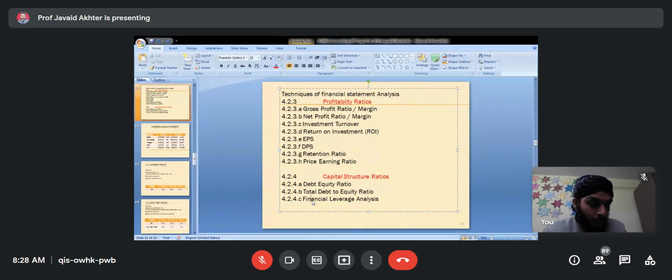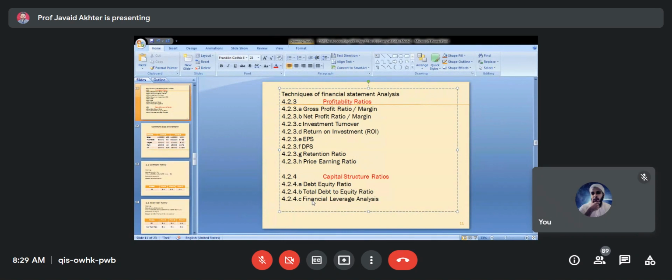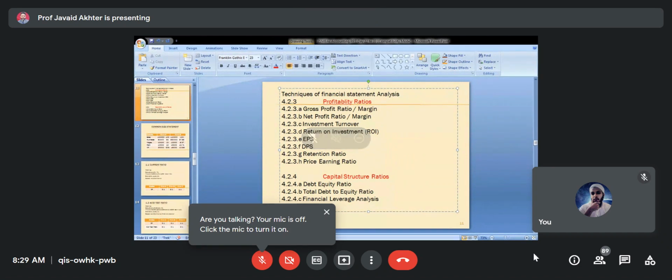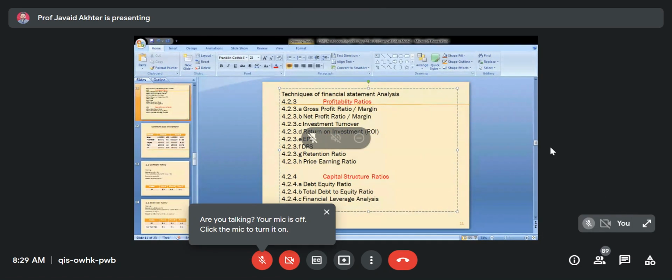So if nothing to be asked, I'll explain to you the debt equity ratio. The word itself makes it clear. You are calculating a ratio between the debt and equity. By now, you all, I hope, are clear what is a debt and what is an equity. Is it clear to each one of you? Yes, sir. Okay, what is a debt? So the liabilities which we have to repay. Better you say the long-term liabilities, on which you have to return at a later date.